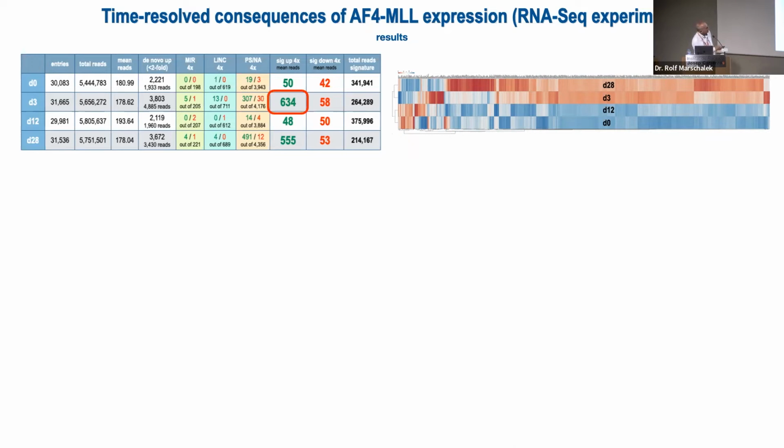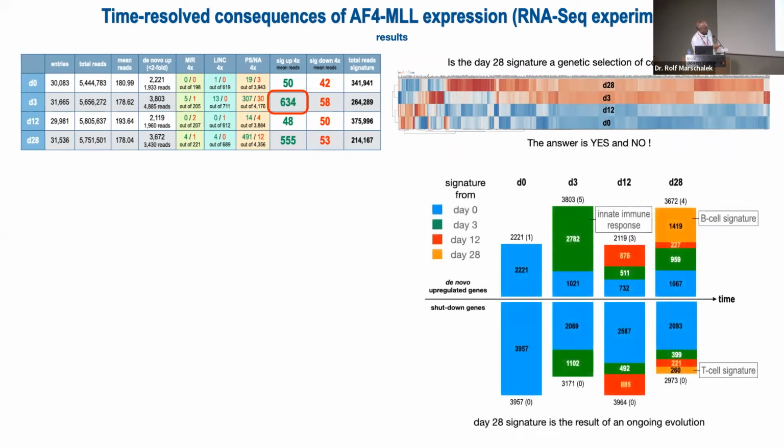And the signatures, you can see that day 0 and day 12 are quite similar, and they separate completely from day 3 and day 28. So we looked also after 4 weeks. And we were keen on this drop here and the coming back of these high numbers after 4 weeks. And when we analyzed the gene signatures in detail, we found a very